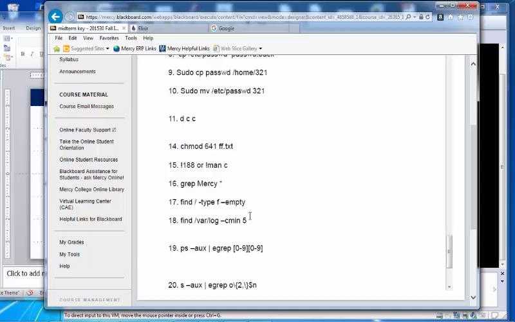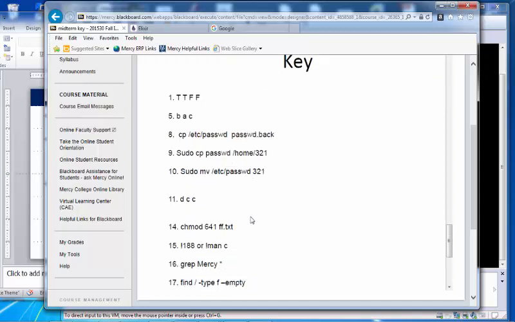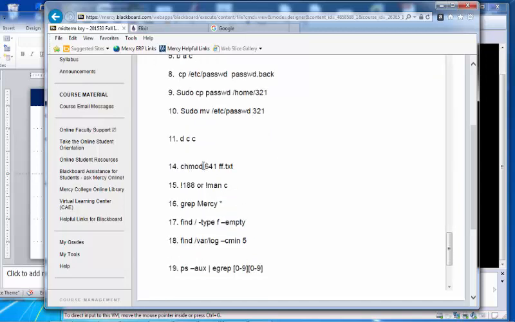The second number is read, therefore simply 4. The third number, execute. The value for execute is number 1. So the third number should be 1. So what it does is change mode 641 on that specific file.